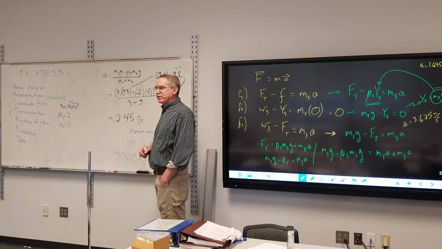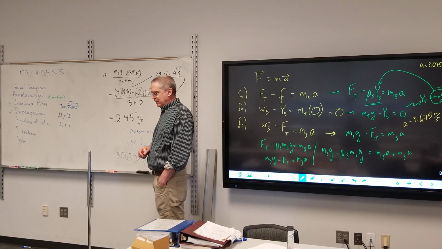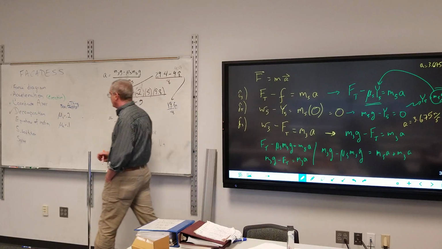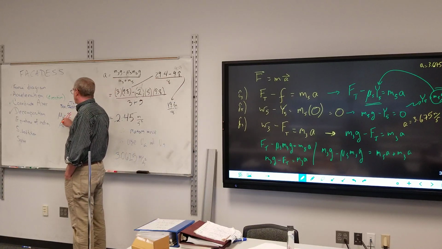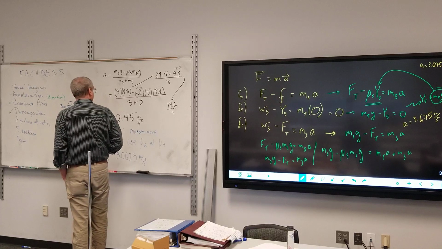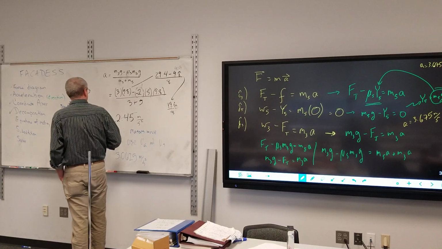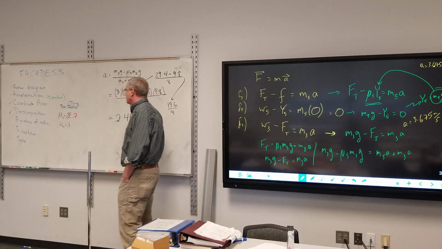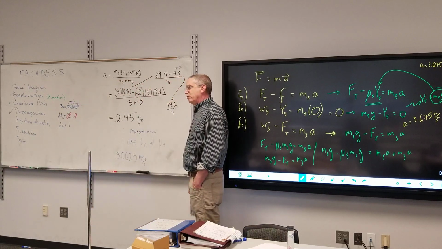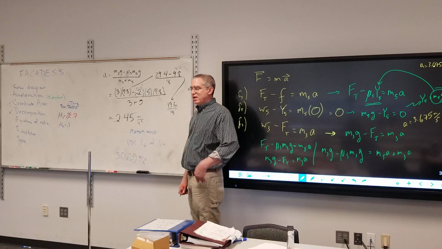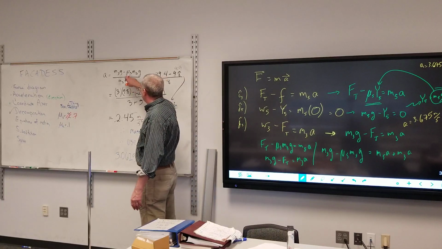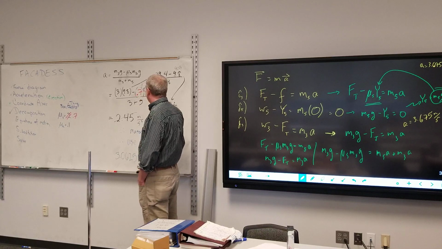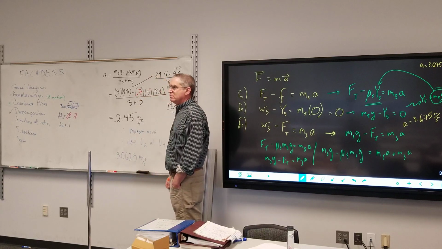They've now cleaned off the surface, and they've put down some sort of sticky substance, and they've cranked up μS to 0.7. First thing you do, check to see, is it going to move or not? So we're back to using μS, plugging in a 0.7 here, and we end up with